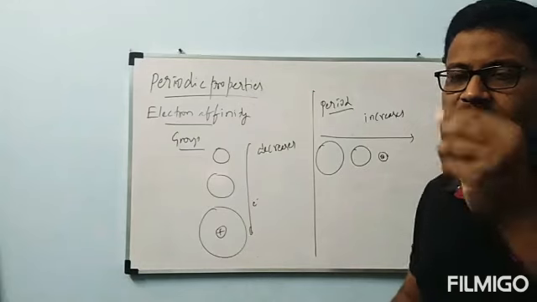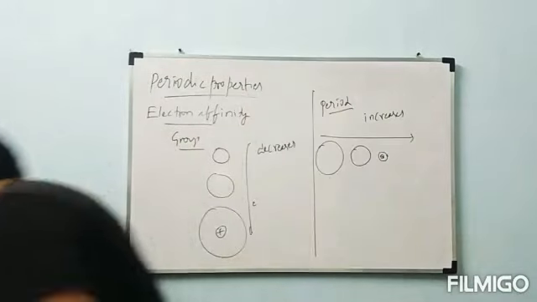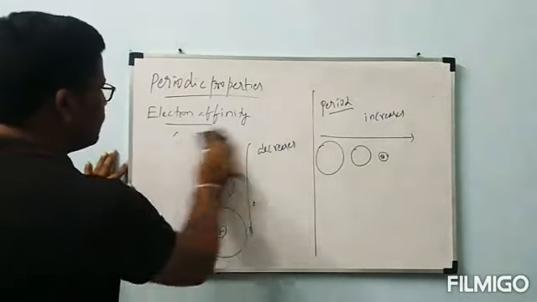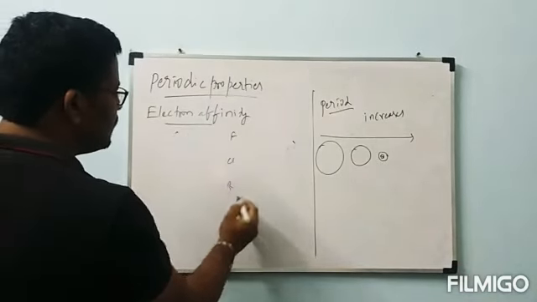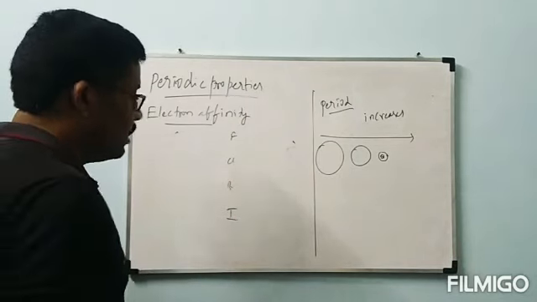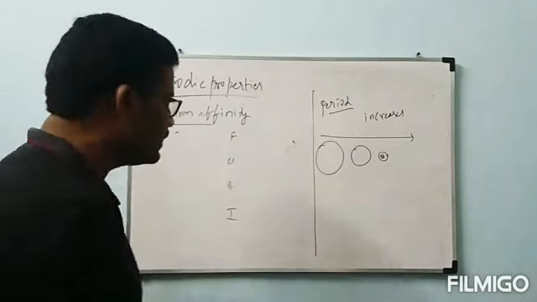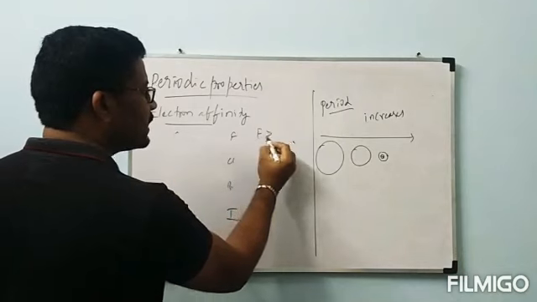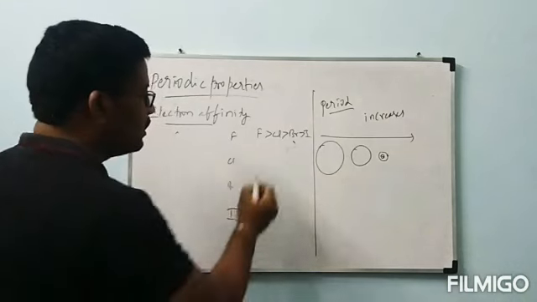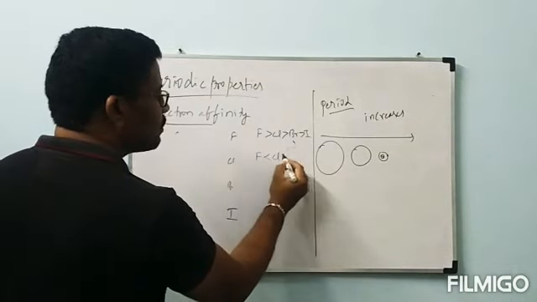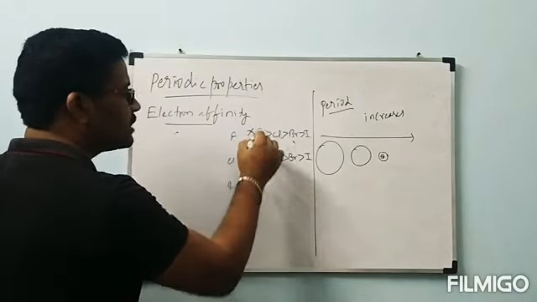But one small exception is there. That is observed in the fluorine group and the oxygen group, which we have seen while studying p block elements. Consider fluorine, chlorine, bromine, iodine. Top to bottom, what happens to size? It increases, so electron affinity must decrease. Then we would have to follow the order F greater than Cl greater than Br greater than I. But actually, F is less than chlorine, and chlorine is greater than bromine, greater than iodine. This is the correct order, and the earlier order is wrong.